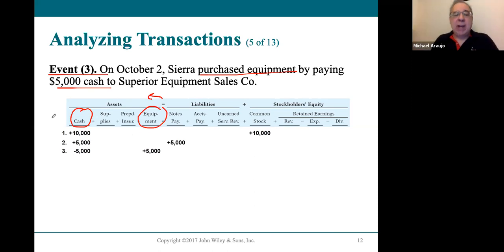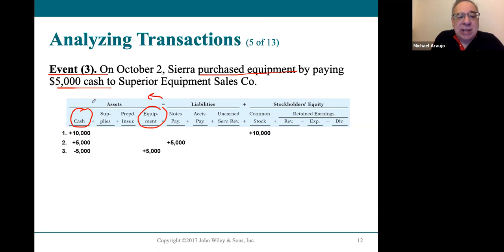Okay. Talk to me like it would be a $5,000 debit on the cash and a credit on the $5,000 on the equipment. Okay. Just the opposite. Just the opposite. So remember,